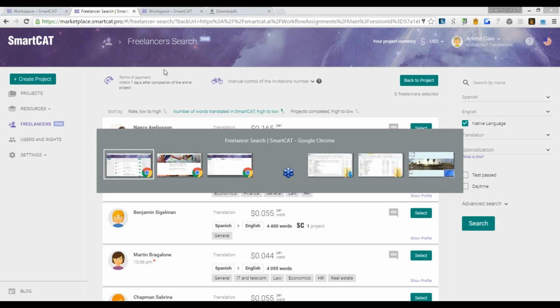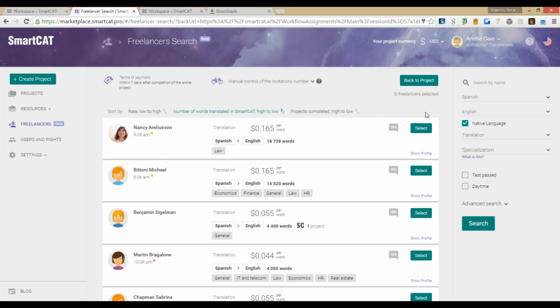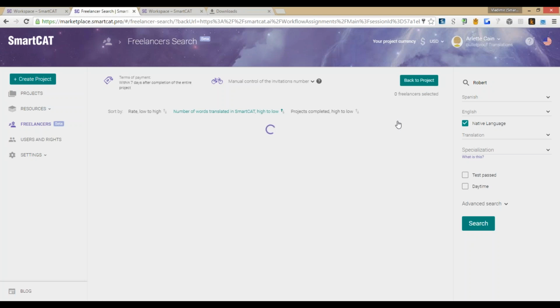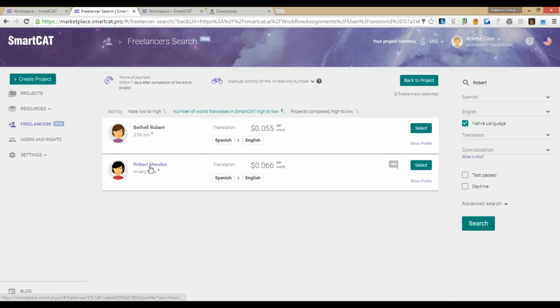So we do not have our Robert here, so let's search for him directly. That's not what the customers usually do, but let's do it like this this time. Okay, we have Robert Mendes. We select him and there are two options. One is called bicycle, the other is called rocket, though I'm not sure why exactly bicycle and rocket, but anyway,